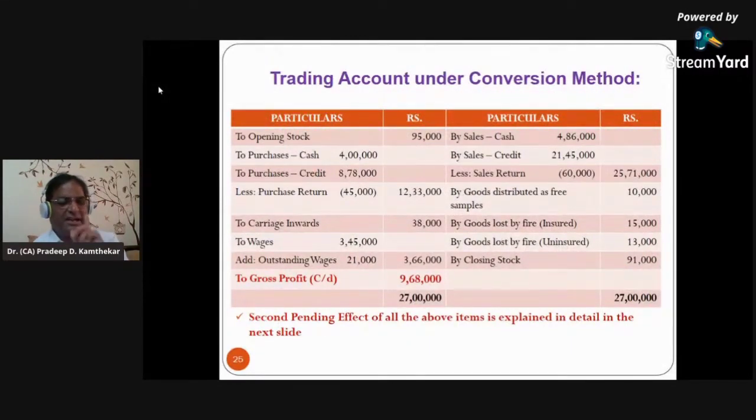While understanding this, I will also tell you which figures out of these figures we give you ready-made and which are the balancing figures, the missing figures that we have to calculate. First of all, missing figures will come at the end of the presentation. Initially, in the conversion method, we have to understand both the debit and credit effects of every transaction. So we must know where the debit goes and where the credit goes.